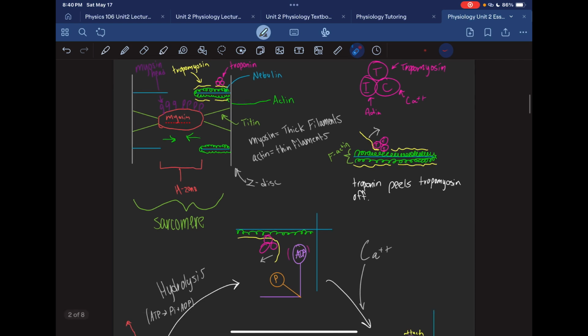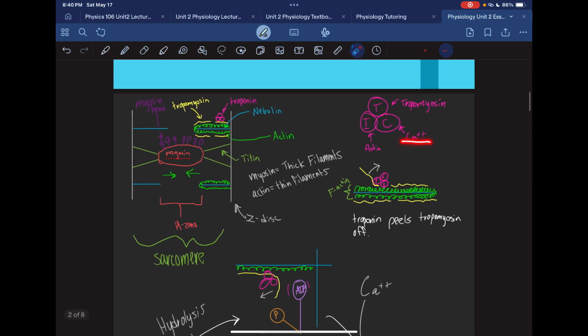Let's get into more physiology now that we've identified these things. Tropomyosin, calcium, and actin are three parts of the binding site of the troponin. So we have the T site, the C site, and the I site, and like I've shown you guys here, the T site